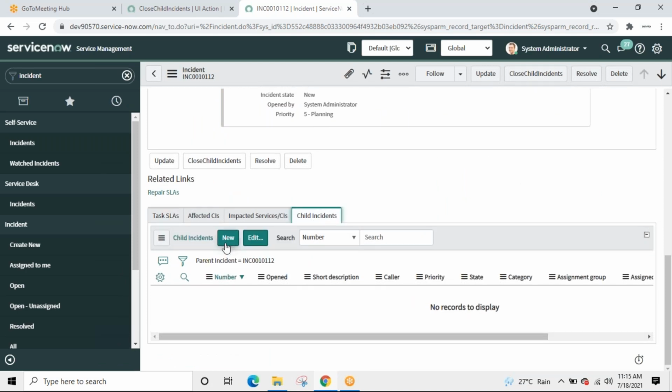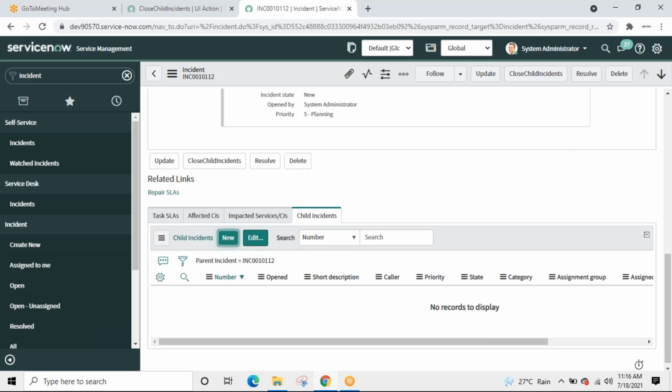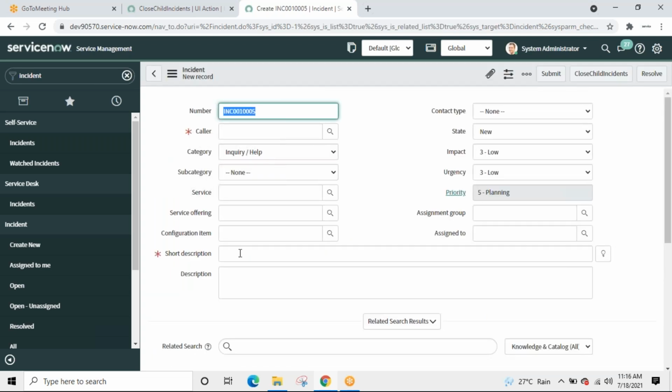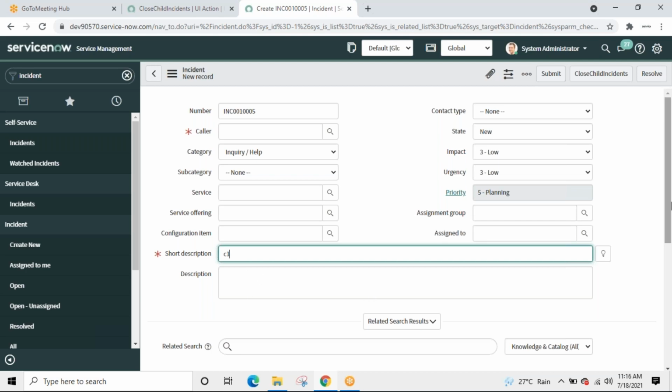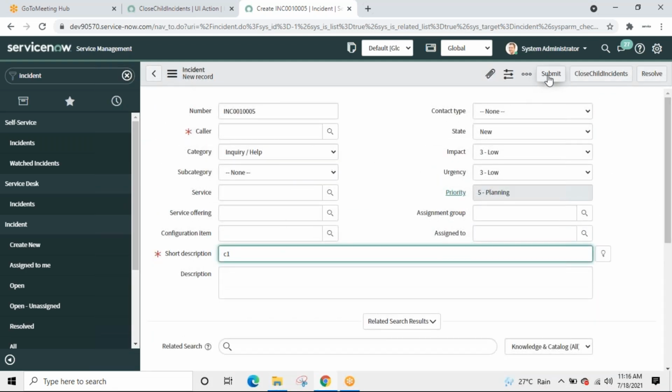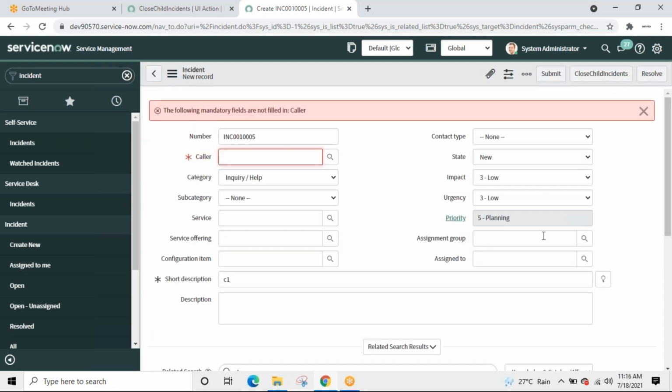Let us associate child incidents with 112. Create a child incident. It is 115. I will give it as child 1. I'll submit it. Okay, this is mandatory.